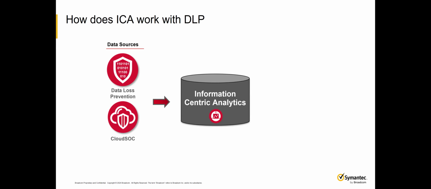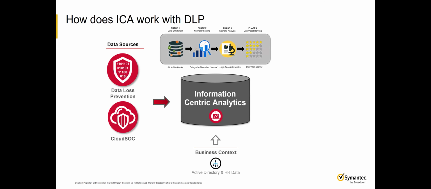Then once we've brought that data in and prior to our processing jobs running, we would then layer over some of that HR or Active Directory data to build out the DLP based data. So that actual processing,